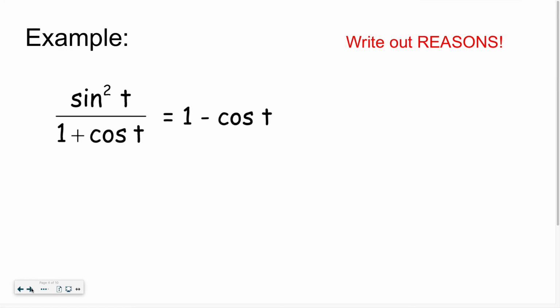So here's what a new problem will look like. Isn't this beautiful? We have a left and a right. We know what the answer is. So we have sine squared t over 1 plus cosine t equals 1 minus cosine t. And if you don't like the letters that the book chooses, if you change it to thetas or x's, that does not bother me. Okay, so, like if I was looking at this problem as a verifying identity on my